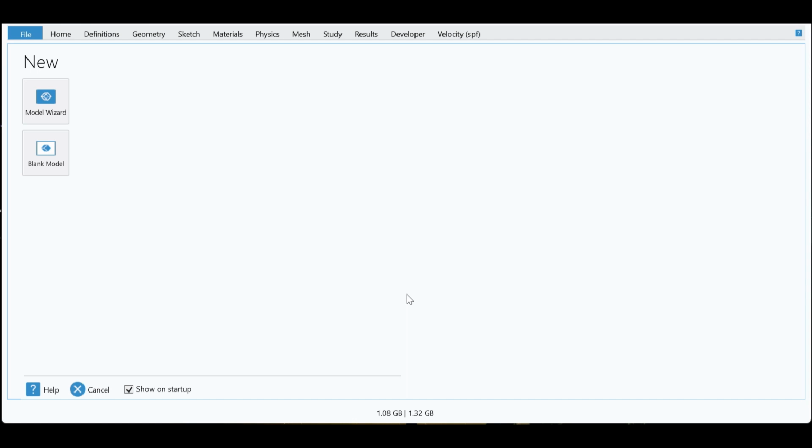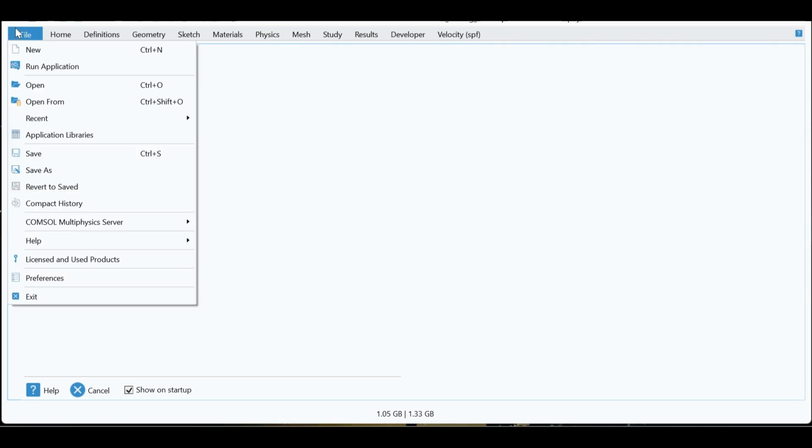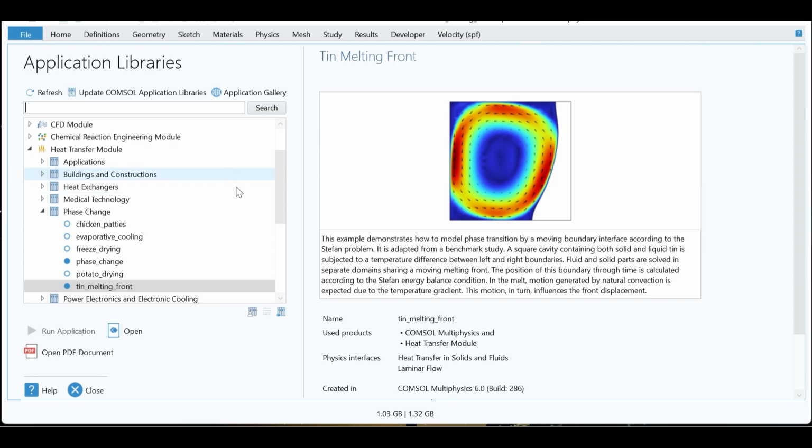In this tutorial I will show you how you can access the COMSOL Multiphysics application library. For this you have to click on File, and from here you can see what products your license has, and this license and use product. I am not opening this because this license is provided by the institute. So you can see from here how many products are purchased by your institute, and you can access only those products. To open the application library we have to click on this, and from here